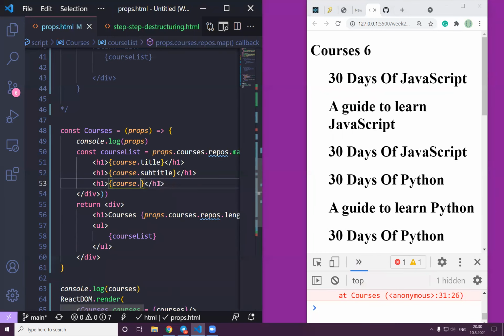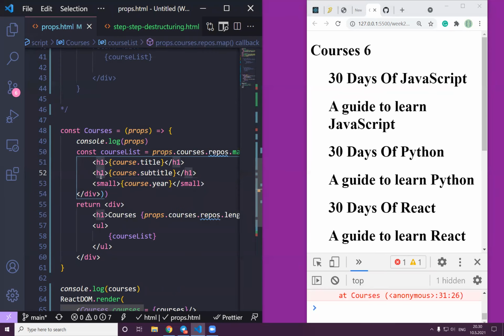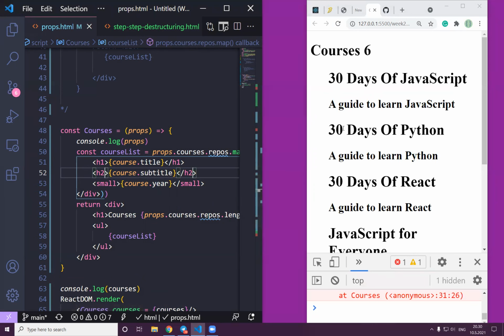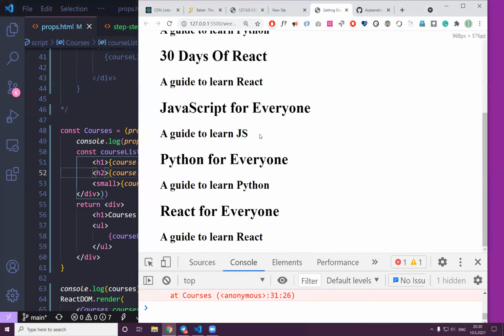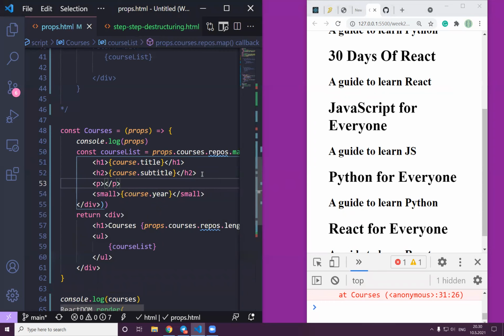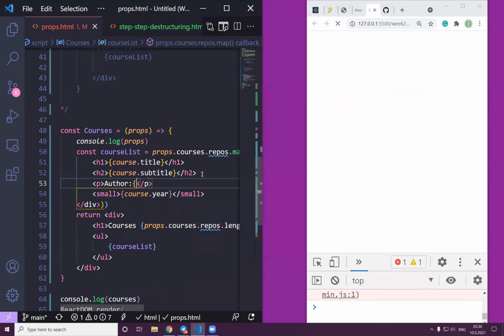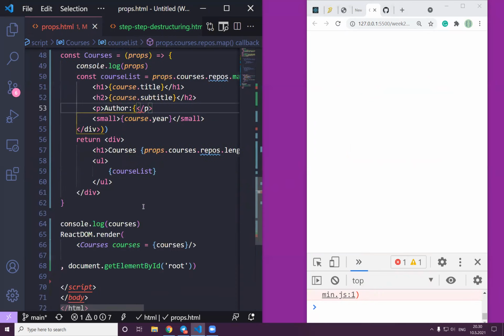Year, course, year, yes, and we've been using this small, and we've been using this h2. As you can see, it seems that now we are getting it, and we forgot the author. Let's show some respect for the author too, author, and okay. Of course, no, actually, how, yeah, so the way we get, let's see,